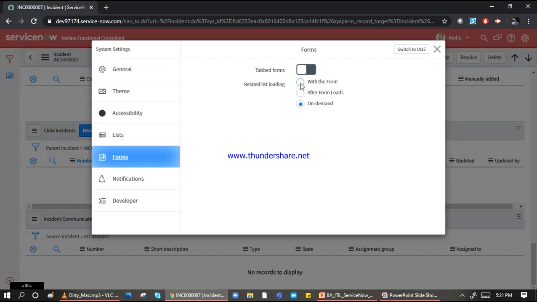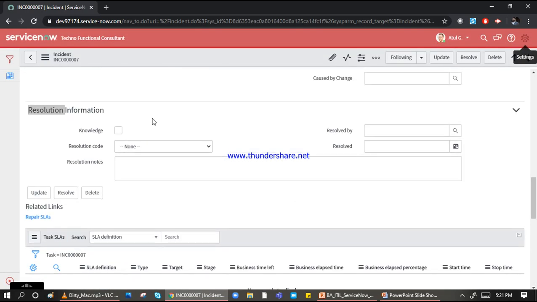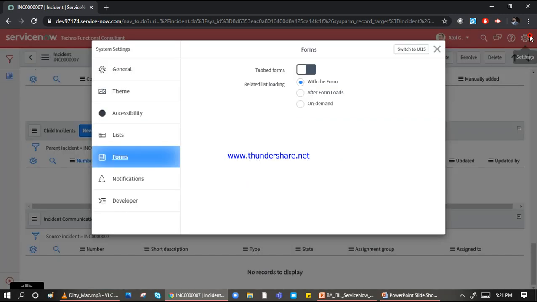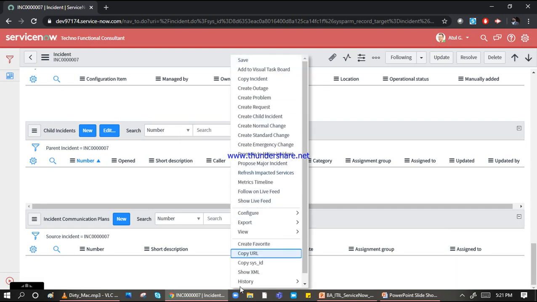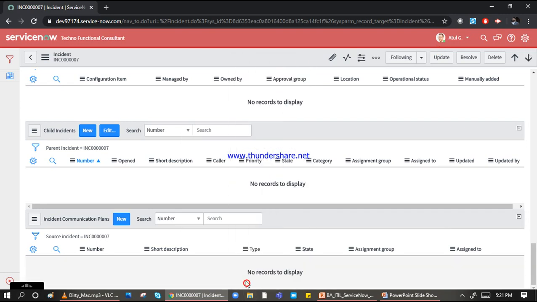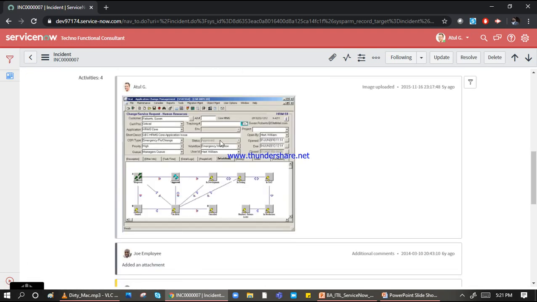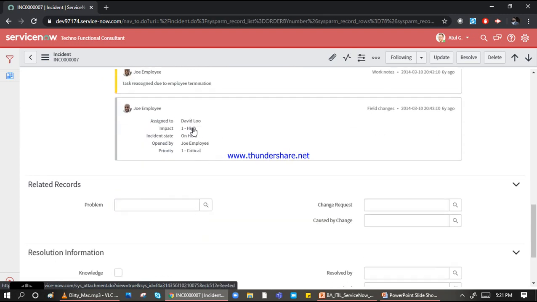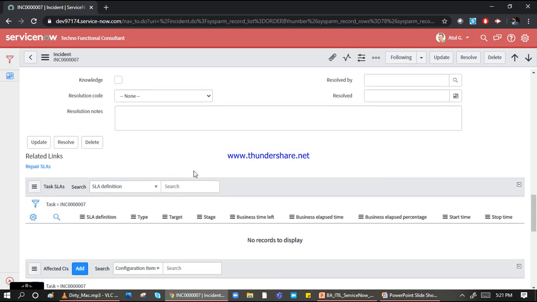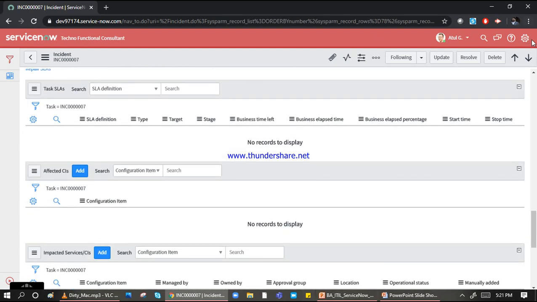Go here and click on within form, so it is like within form now. If I click on after form load and reload this form, first my form will be loaded completely, and after that my other stuff will load. See, now it's loading in this manner.